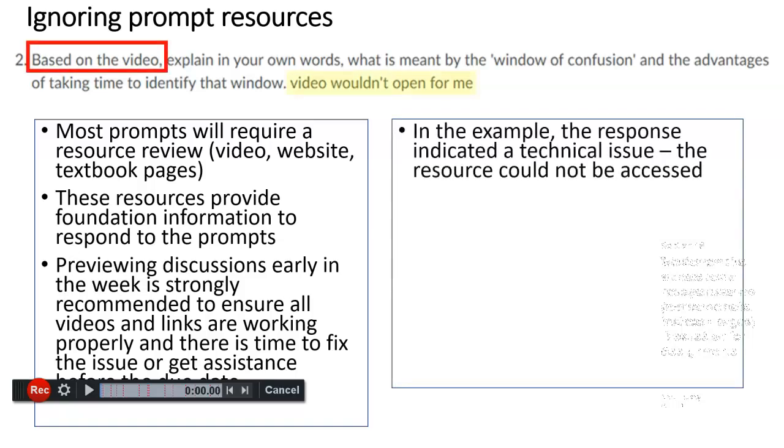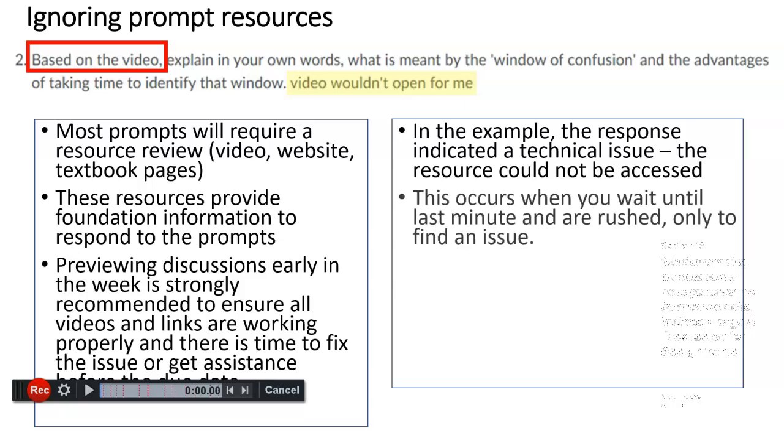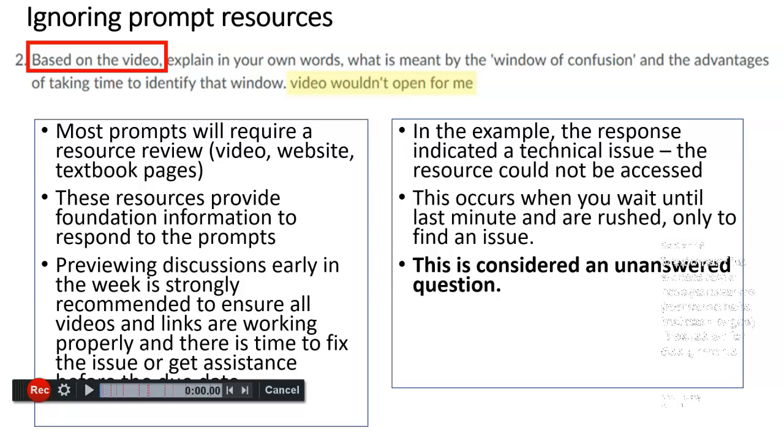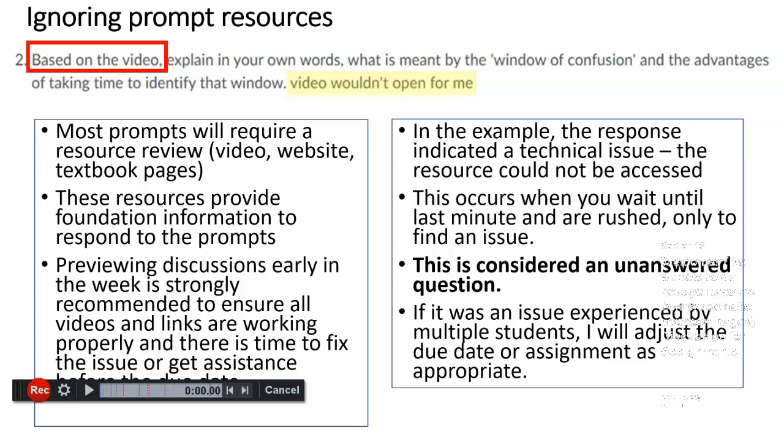However, when you procrastinate, you may encounter a technical issue. Perhaps a video or link is not working, either an issue on your end or an error in the course. Previewing the assignment earlier in the week allows you to check that all features work properly for you to complete the work. If not, contact the help desk and your instructor about the issue. Extensions are provided when it's a class error, not a user error.